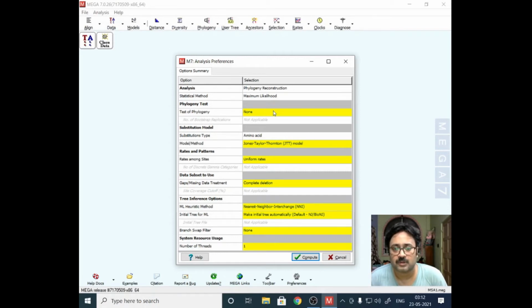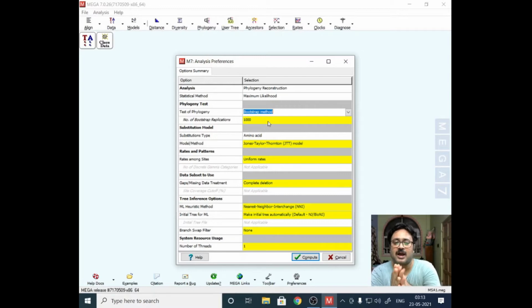So there is a way in which you can test whether the tree that has been generated from the data that you have provided is stable or not. There is something here called the bootstrap method, which is the method that I was talking about. What happens during this bootstrap is, you have given some data and based on that some tree has been generated.